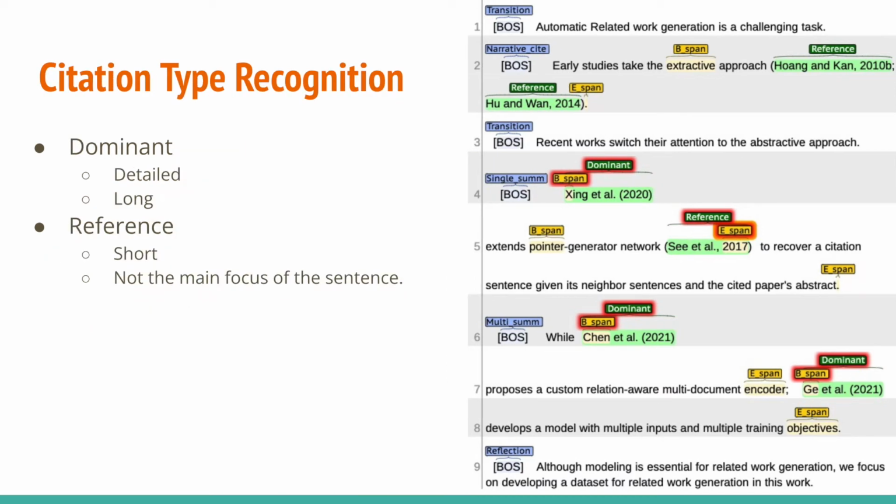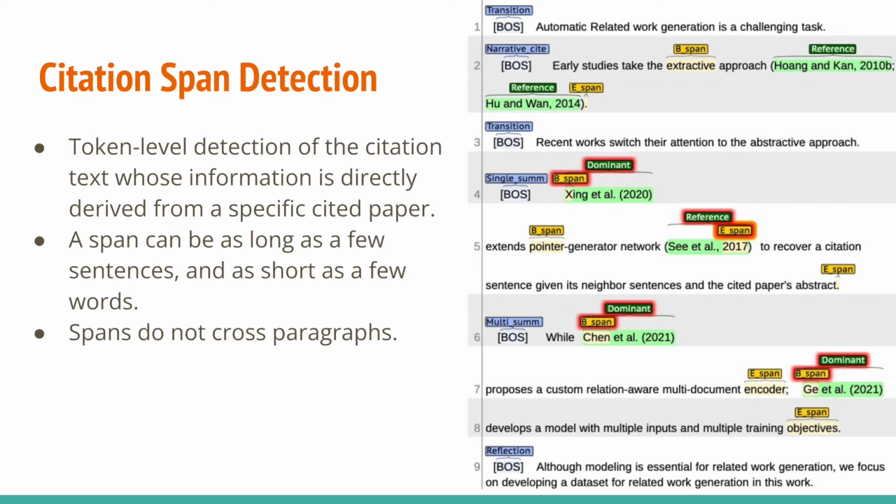For each citation mark, we distinguish whether the author cites a work for really talking about it, which we call dominant, or simply cites it for reference. Usually, summarization sentences contain a dominant citation, while narrative sentences only contain reference-type citations. We also annotate the influenced span of each cited work. This span can be as short as a few words for reference-type citations,